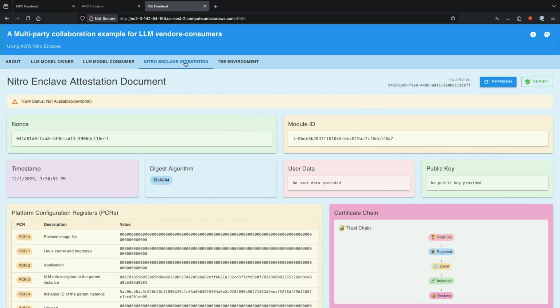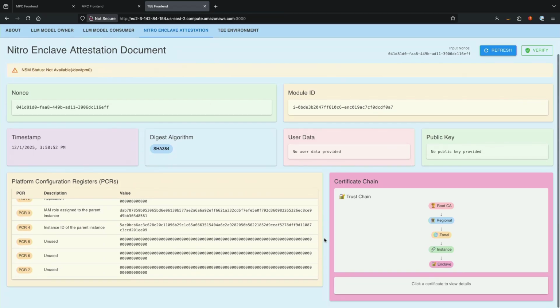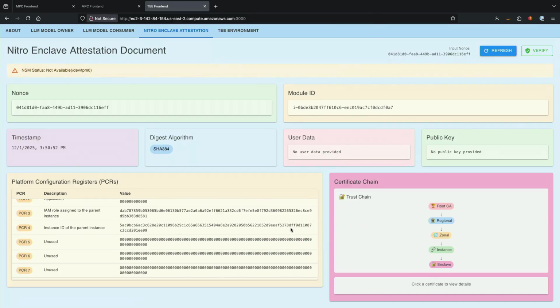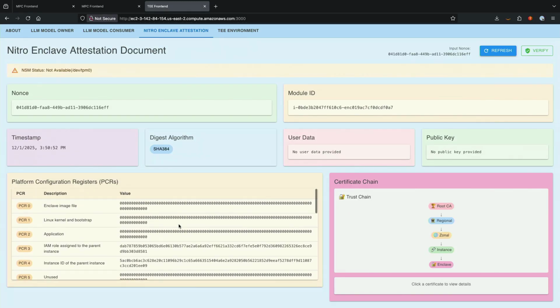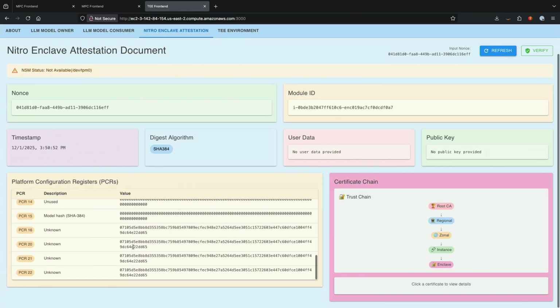It might look similar. You still have the nonce, module ID, user data, public key, et cetera. You do have PCRs, but these PCRs mean different things, right, positionally. So for example, PCR 0 is the hash of the entirety of the Nitro enclave image. What I did do is I grabbed one of the higher order PCRs. In this case, looks like I loaded the model multiple times. So I took anywhere from PCR 16 to 22 and extended them with the model hash of my